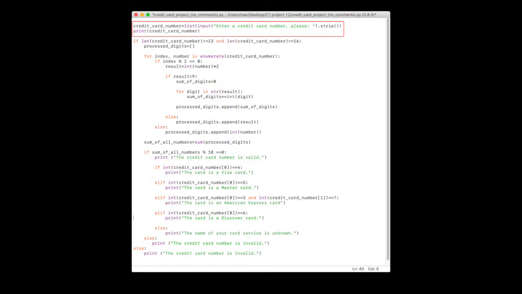And here is the code that goes with the pseudocode and the flowchart. First, the request for input is printed, and the input gets stored in the variable called credit card number as a list. The strip function is used to get rid of possible blank spaces at the start or the end of the input. If the credit card number is longer or equal to 13 and shorter or equal to 15